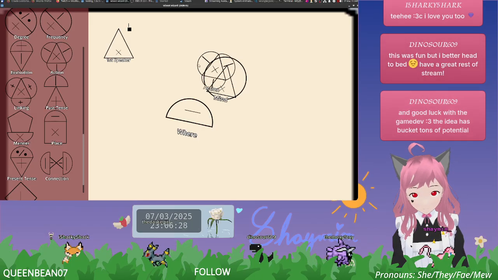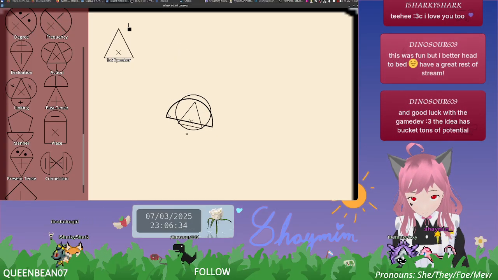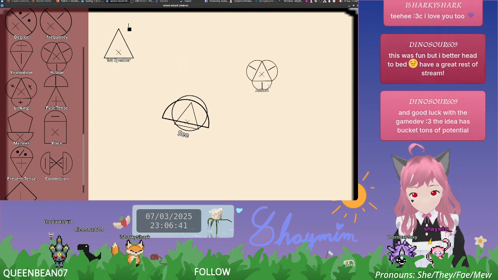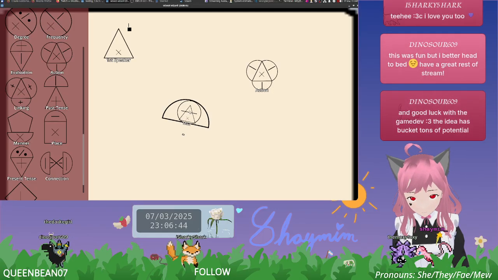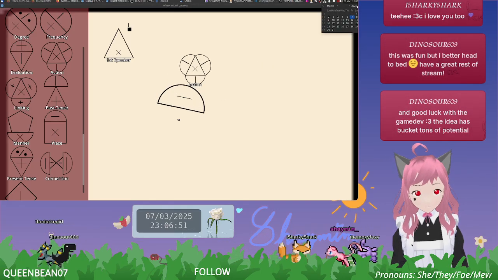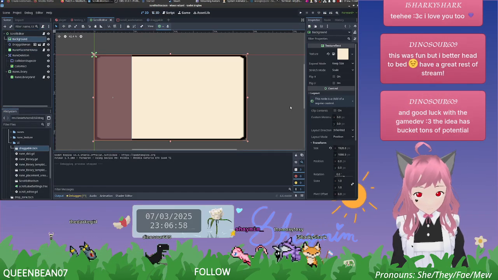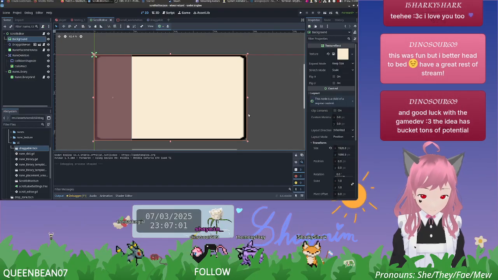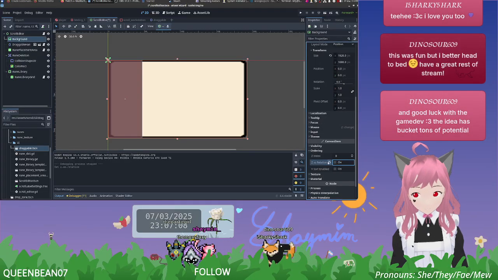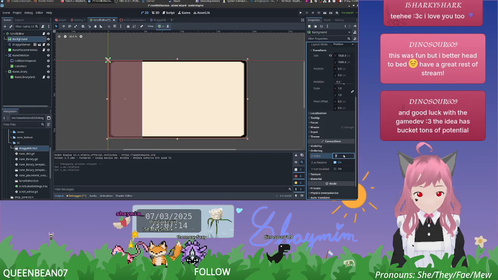Why does that disappear when it's put down? Does it always just disappear? It doesn't just always disappear. Oh, you know what it is? That is because of the background. They're just going behind the background. That is ridiculous. We're going to say ordering Z as relative is off, maybe? Hang on. We just need to...